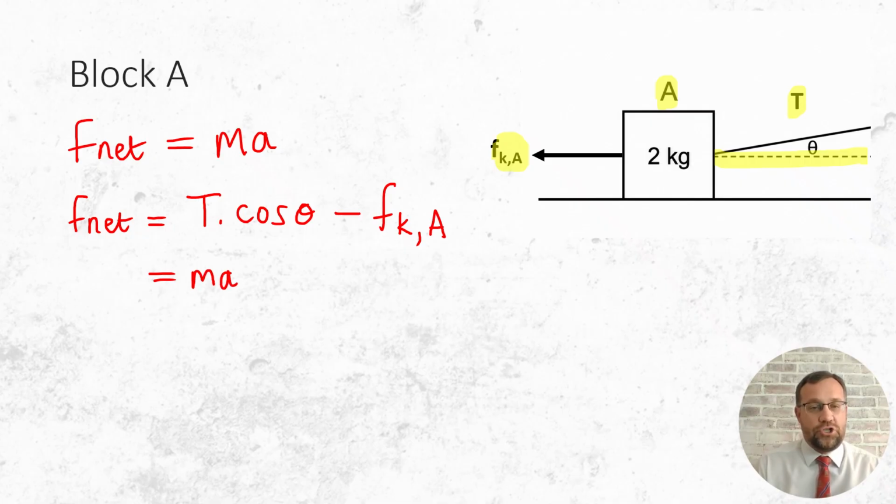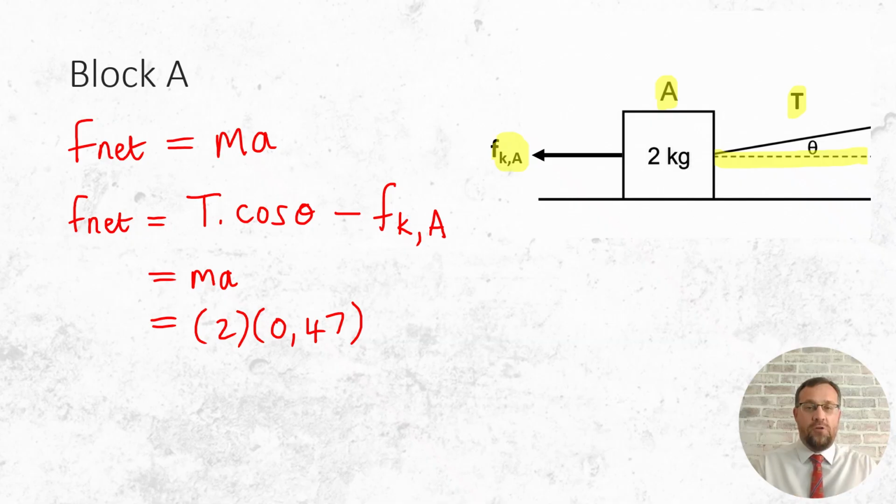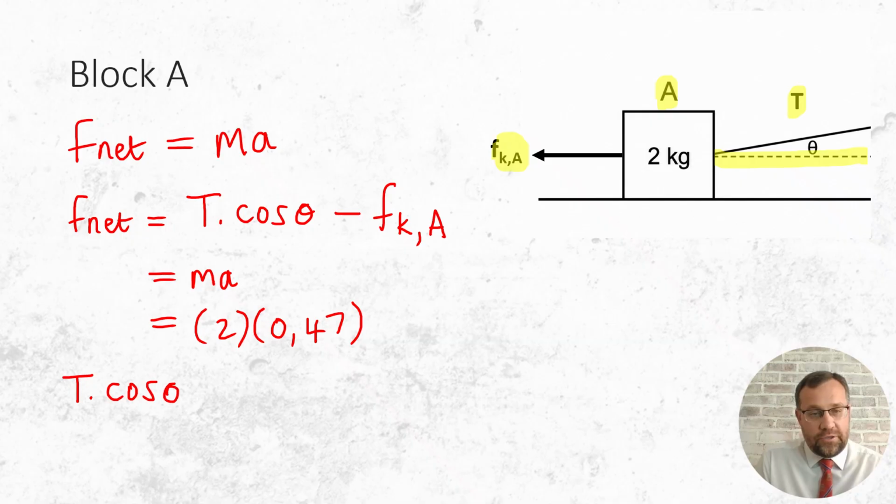Now we substitute our values. What is the mass? The mass is 2 kilograms. What is the acceleration? That is 0.47 meters per second squared. That will be the value for both blocks A and B. They move in unison. Right, so if you rewrite this now, it gives us T times cos theta minus the